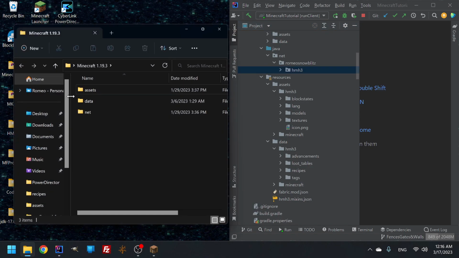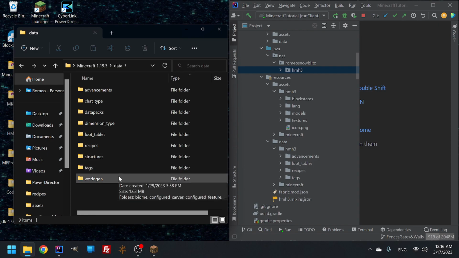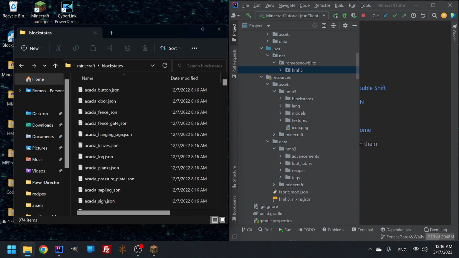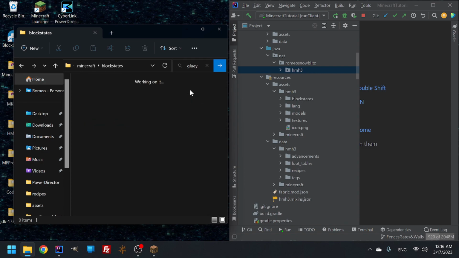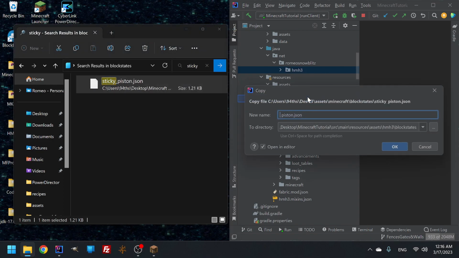So let's go into our data. What am I thinking? It's not in data. That's why assets, Minecraft, block states, and then let's look up the gluey piston for a not gluey. Oh, man, that's from my other mod. That's why I keep messing it up. Let's look for the sticky piston. Let's bring it into our here, and then let's look up